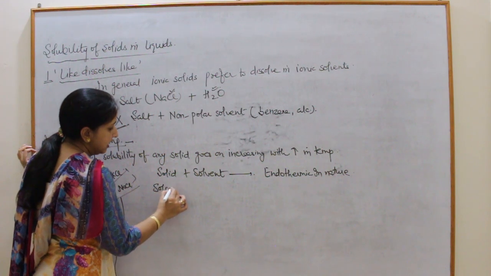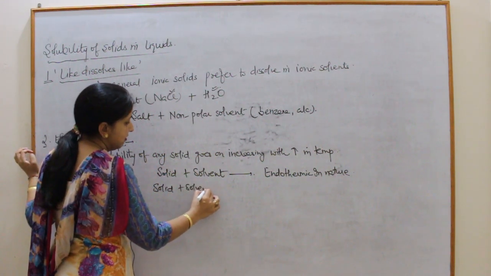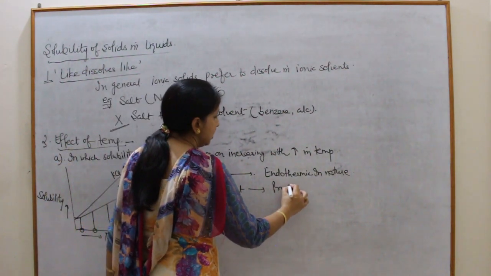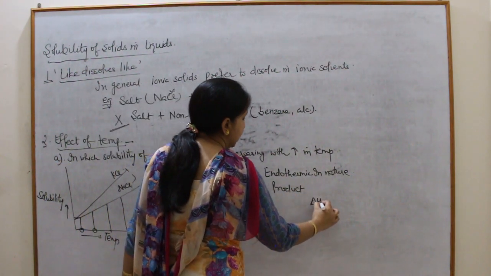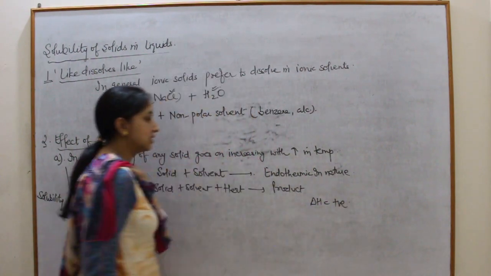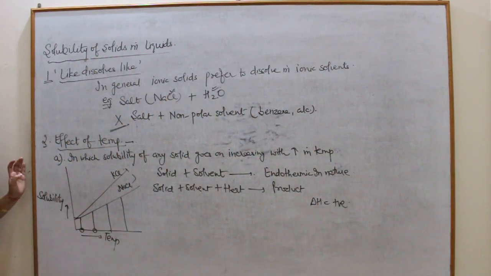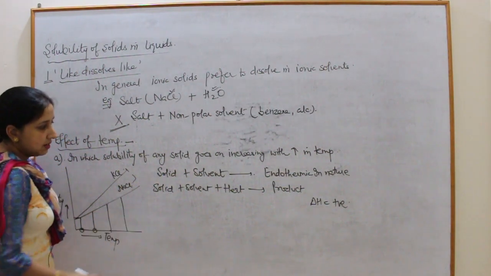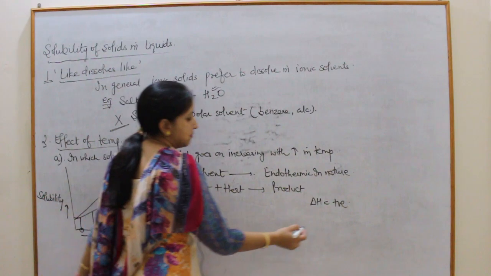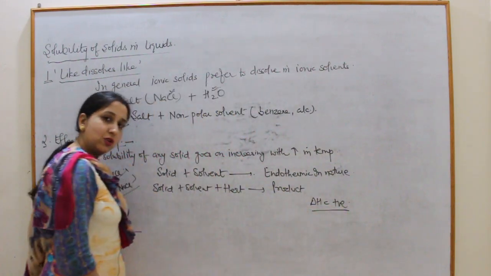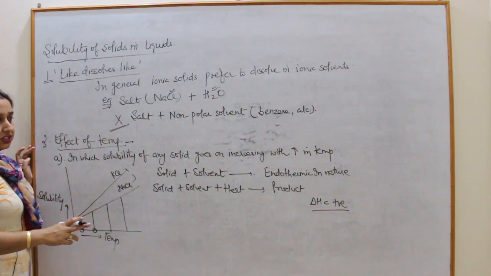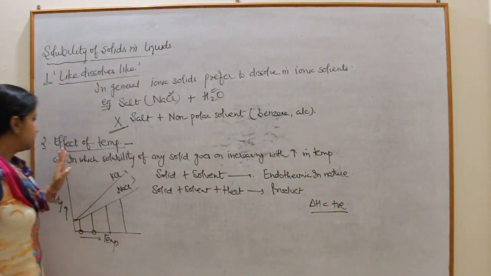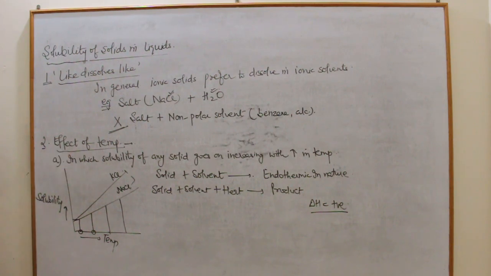We can show it like this also, solid plus solvent plus heat, then product will be formed, or we can say delta H is positive for these types of reactions. And in +1 class we had discussed about the Le-Chatelier principle. According to the Le-Chatelier principle, if the reaction is endothermic, then the reaction will